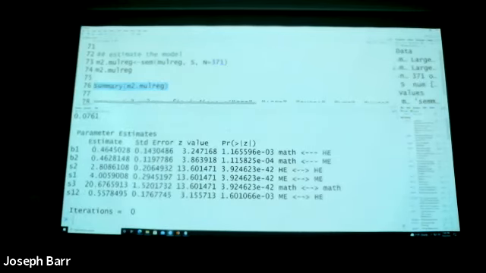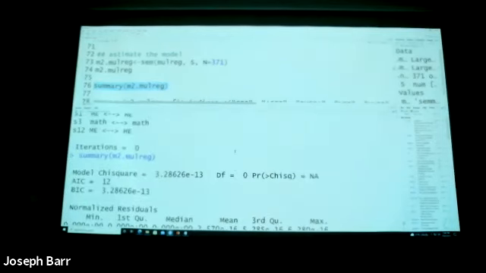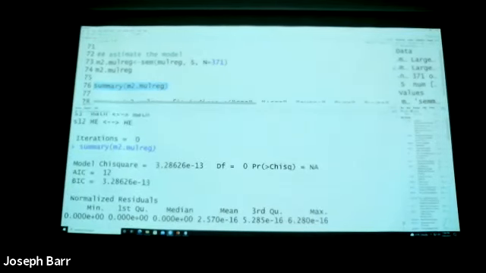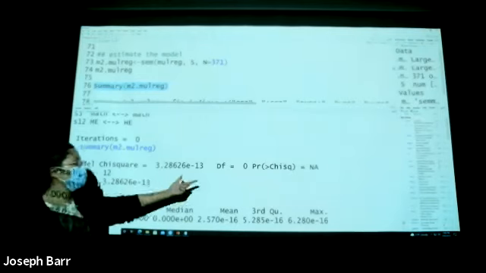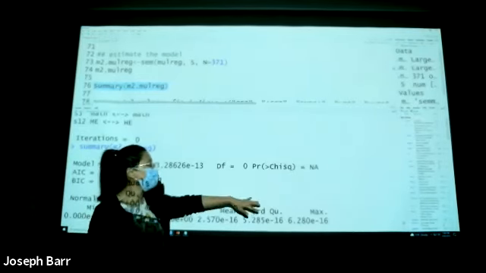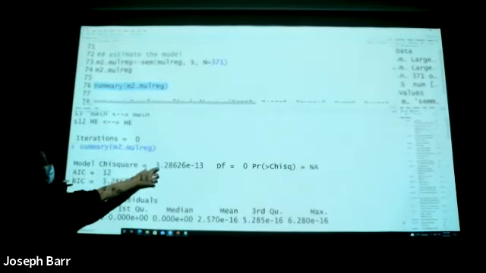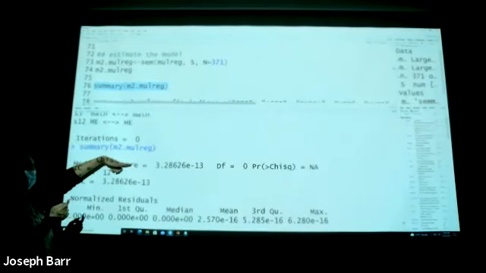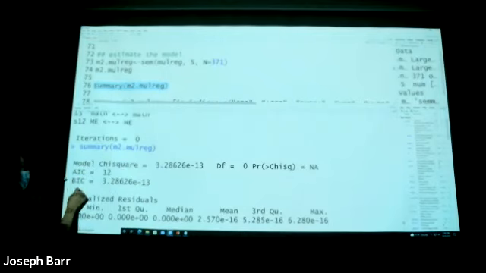Here we have the chi-square value and degrees of freedom. Again, we are going to calculate the degrees of freedom. Why is it 0? Later on we will see how to calculate the model chi-square value. BIC, we will also talk about later. And the normalized residuals.